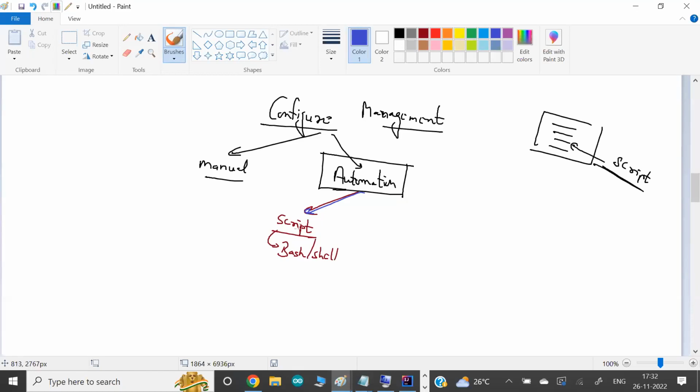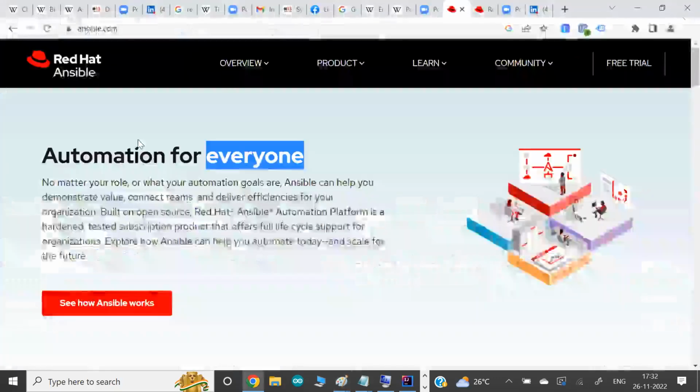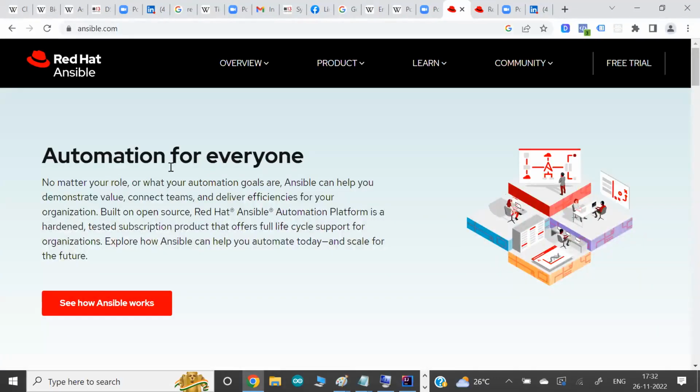The point here is, if automation is already there, Ansible is also claiming that I am the automation tool. What is the new thing, or what new facility does Ansible provide? Ansible says I'm an automation tool, and it's not an old tool, it's a very new tool.